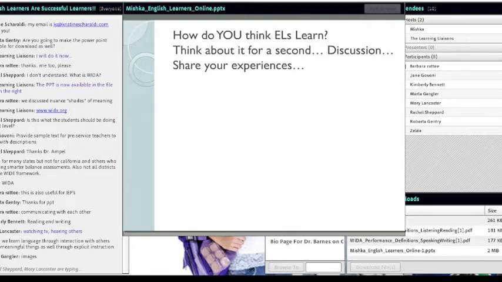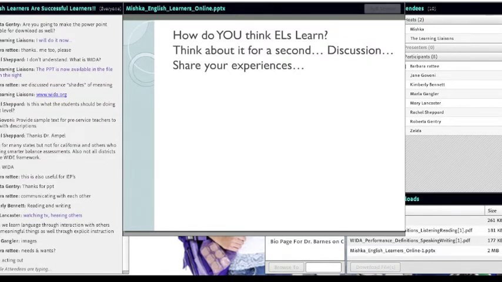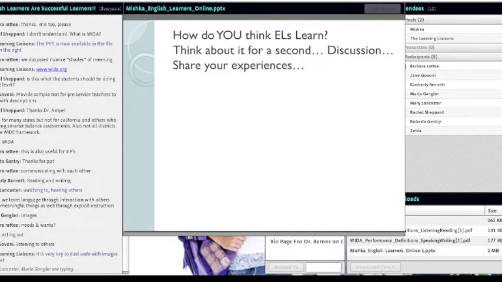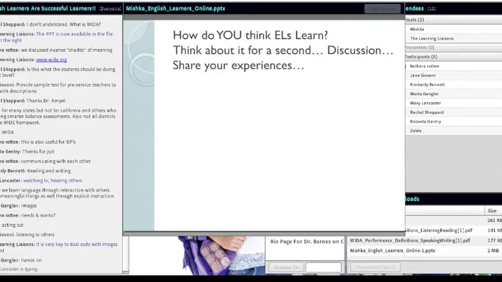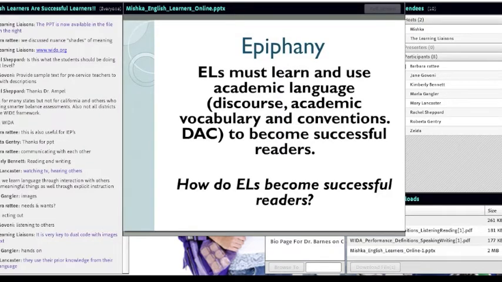Images, very good. Those visuals, yes, very good. That's a big part of it. Needs and wants, very good. Acting out, very good. All right. Listening to others, very good. That's another big one. It is very key to dual code. Okay, with images and text, very good. Hands-on. Using prior knowledge, very good, from their own language, very good. All right, so